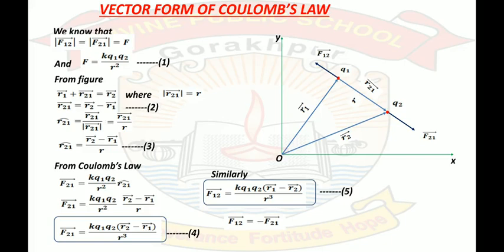And from equations 4 and 5, it is very clear that here it is r1 minus r2, and in equation number 4 it is r2 minus r1, and all the other things are same. So from here one more thing we can say, and that thing is f12 vector is equal to minus f21 vector. Obviously forces are equal in magnitude, opposite in direction. So these are two opposite vectors, and for opposite vectors we can write f12 vector is equal to minus f21 vector. So this is all about vector form of Coulomb's law.